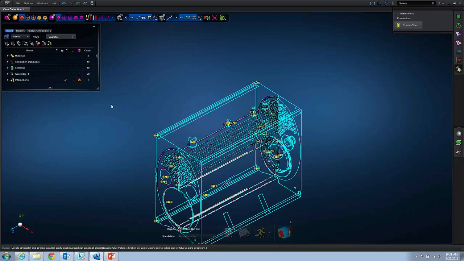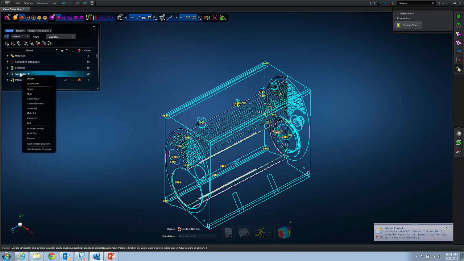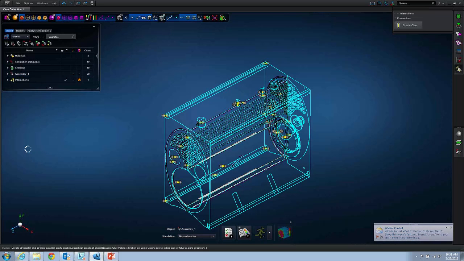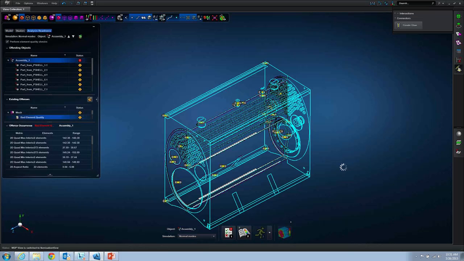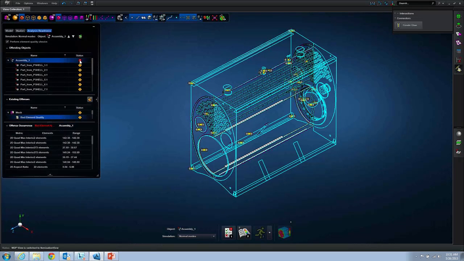Okay, and just to complete the storyboard, I'm going to create analysis context, and normal modes is okay. And now I'm going to click on this to see whether there are any issues in the model. All right, when we check the model against the integrated solver, it did find some issue, highlighting with the